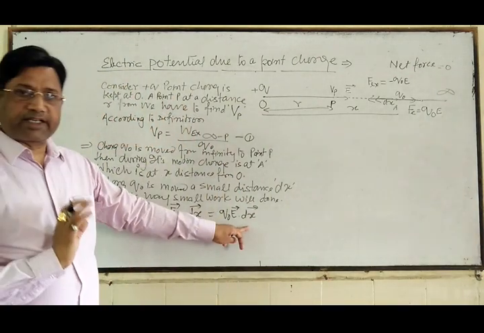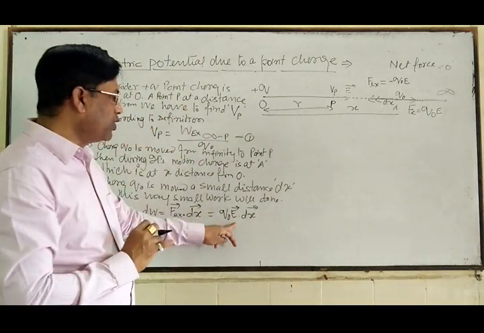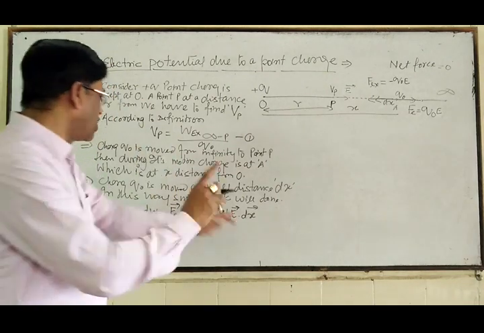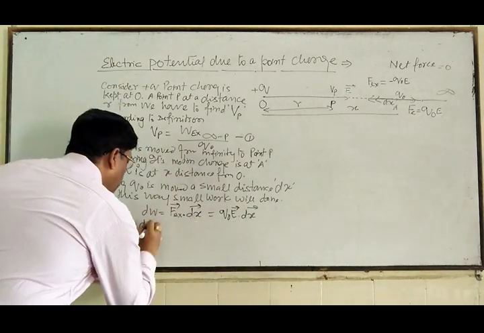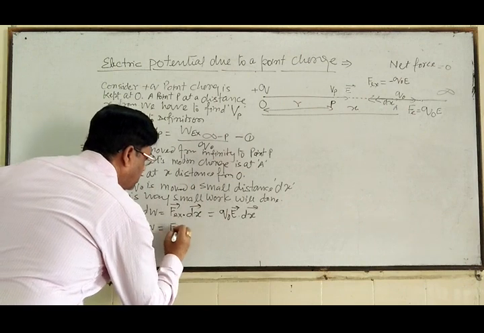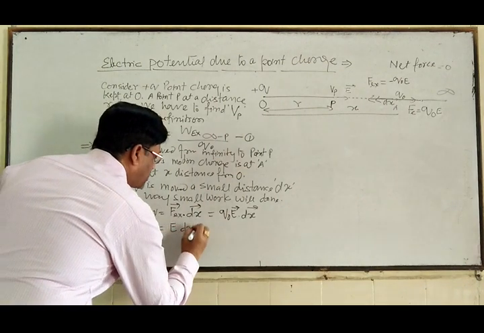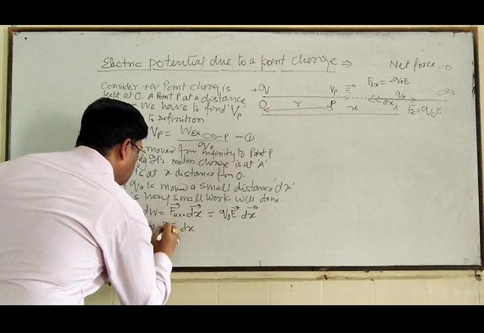Now Q naught E dot dx, and you know E dot dx is equal to E dx cos theta. Then dW would be equal to E dx, it is Q naught,